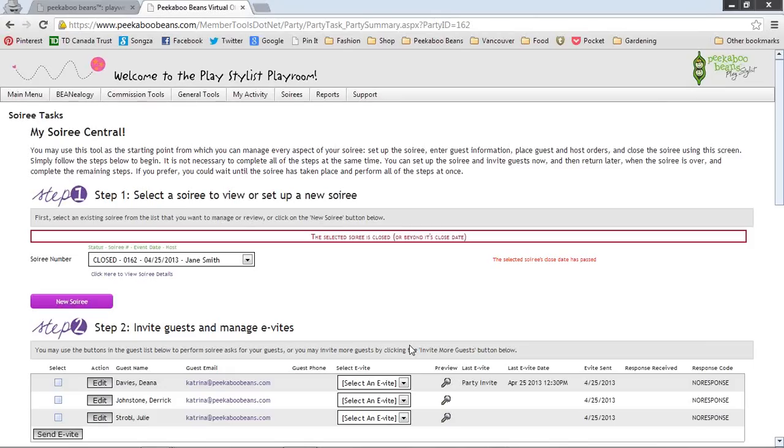But we do recommend that you let those guests know that you are entering their order, if it's a week or 2 weeks prior to the actual soiree, and just know that their card will be charged, but they won't receive their orders unless they select the direct ship option. I believe we can push those through to ship before the soiree is closed. If it's a direct ship, I believe it does, or it can get pushed